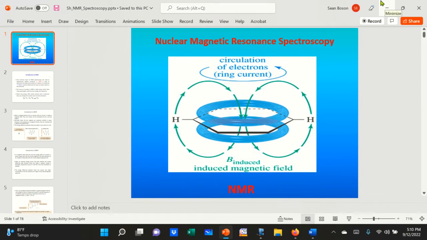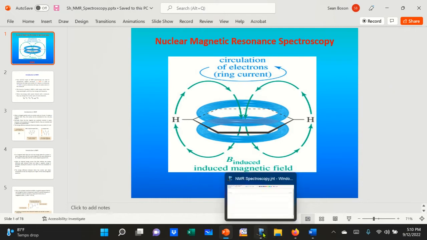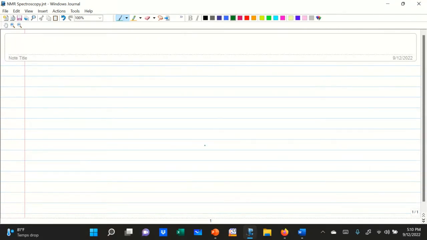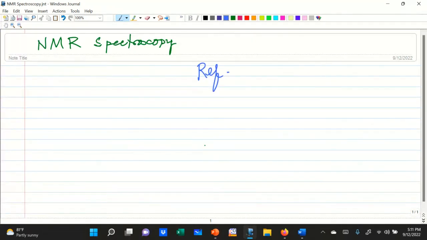For example, one aspect is the resonance. Even in infrared spectroscopy, you have resonance. In IR, okay, let me give you a quick resemblance with NMR, only one small aspect, not the whole thing. So here I begin to write NMR spectroscopy that we do today, but I'll tell you, as a quick review,